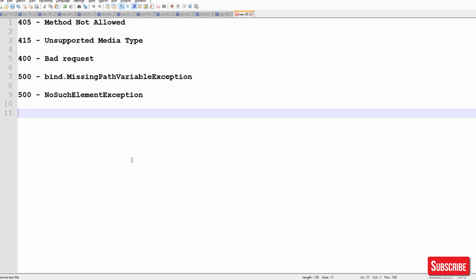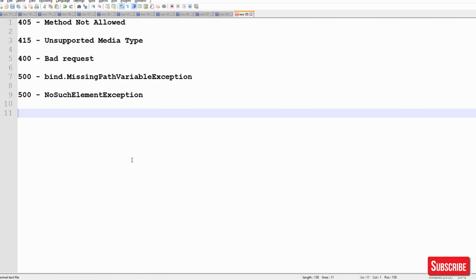What I'll do is show how to manage these exceptions, how to give more information to the client, or there are exceptions which you want to manage your own way. So how to do that? Handling is very easy. Wherever you think an exception can occur, you can put try and catch and just handle it.